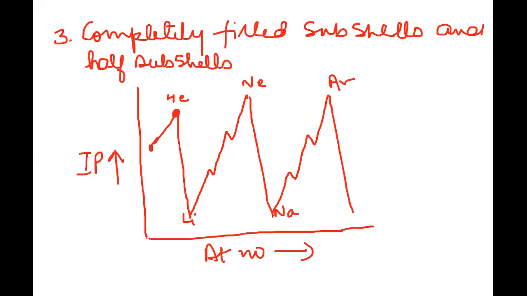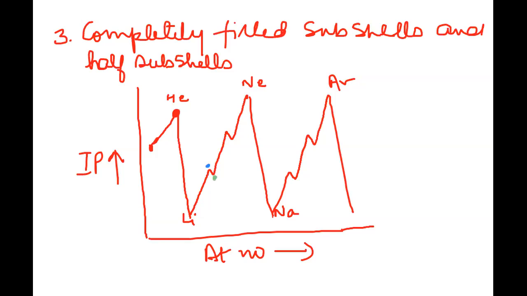If I change the color here, let me show it in blue. You consider this point, and consider an element here, let us say in green. Now, if you are following the general trend, the ionization potential values should increase if lithium to neon is one period, the second period, that we are talking about. But what you find is that there is a slight decrease here. You see the value for nitrogen is pretty high.